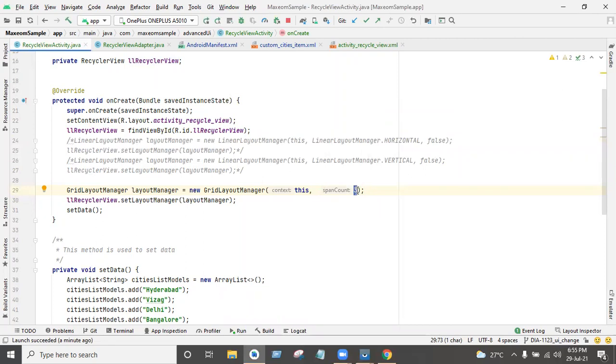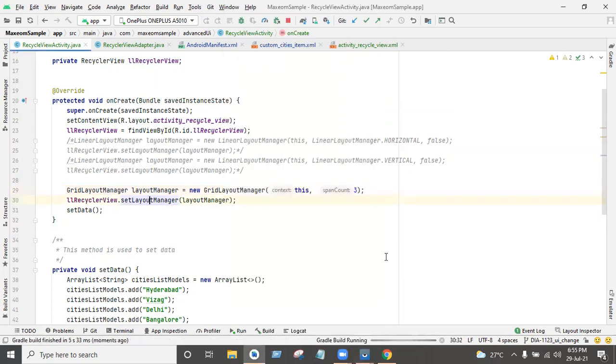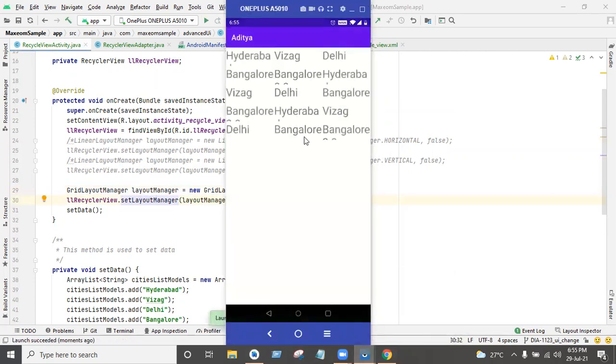If you give 3, it will plot 3 in a row. See, I am running my code. 1, 2, 3. Understand, right? Like this the data will be coming.